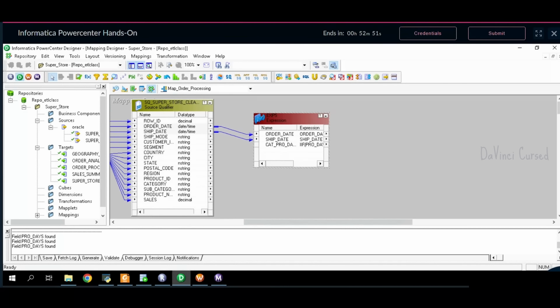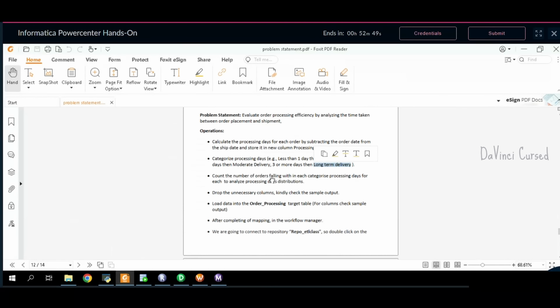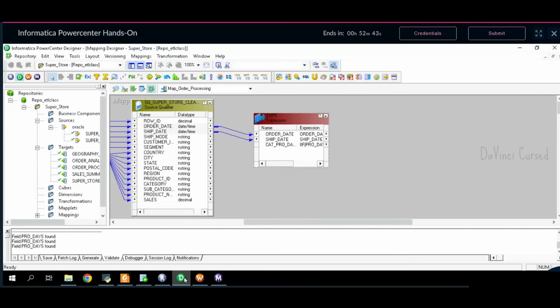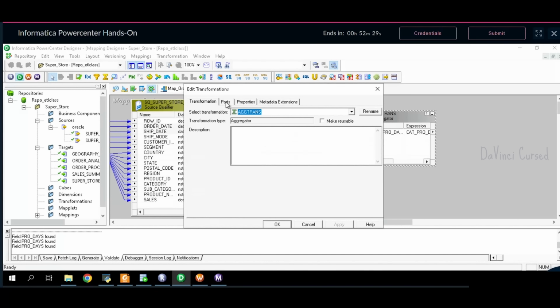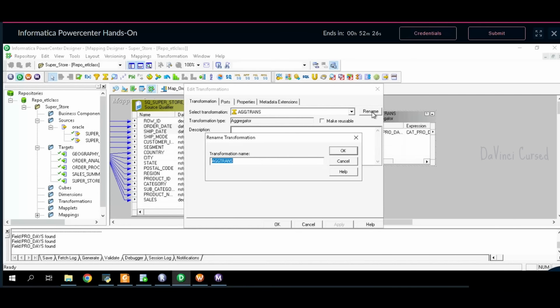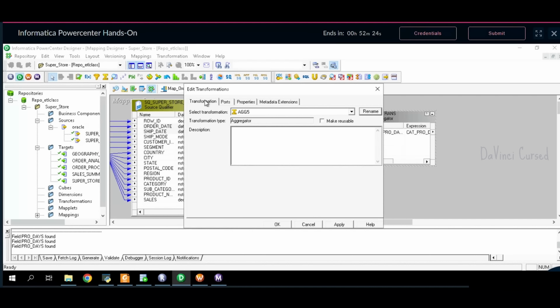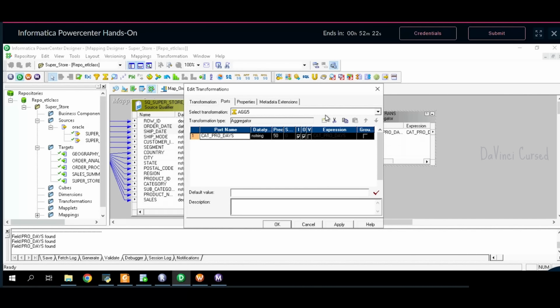Okay. So now, expression. Now we need to count the number of orders falling under each categorized processing dates. So for this we need to use an aggregator transformation. Click on aggregator, bring this here. Just the categorized processing days is enough here because it's the only thing we need. Rename this AGG5, enter,